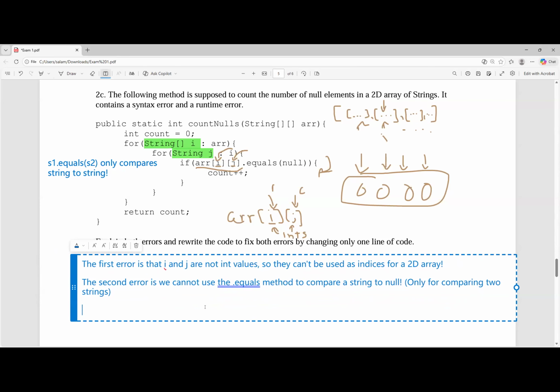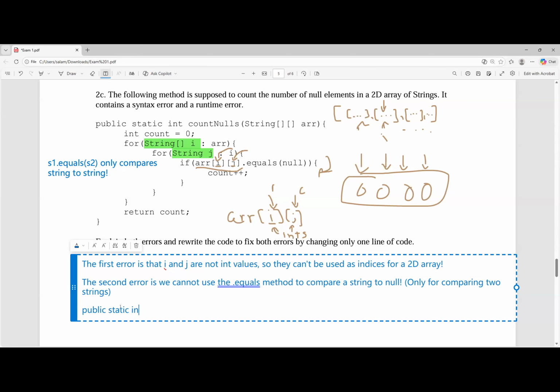Now we have to fix it. I think the method is null. Yeah, you can use is null, or you can also do the equal null check. With a string? Yeah, because you can compare any object to null, right? I think so. Let's try it. Let's fix it then. So first we do public